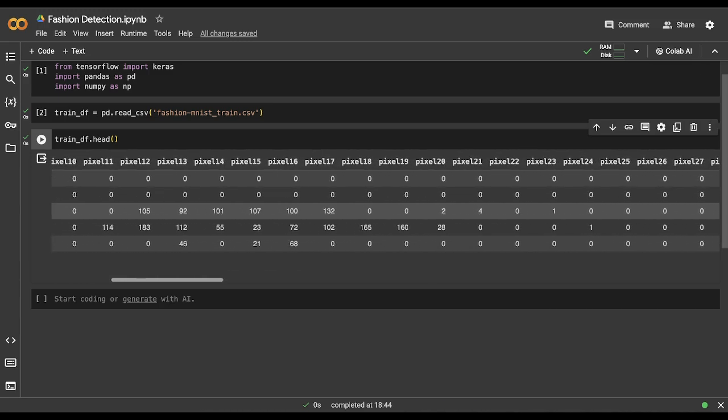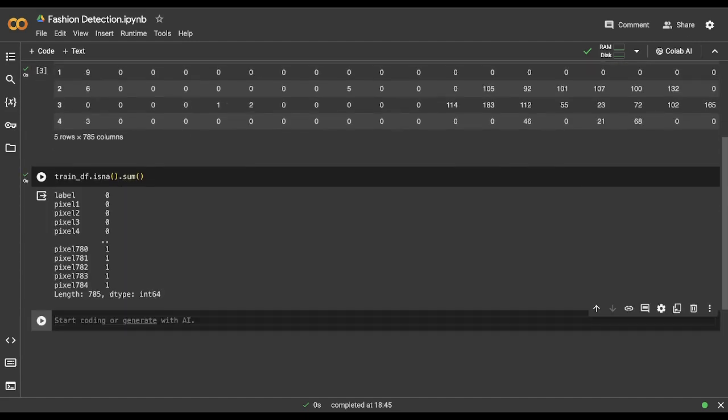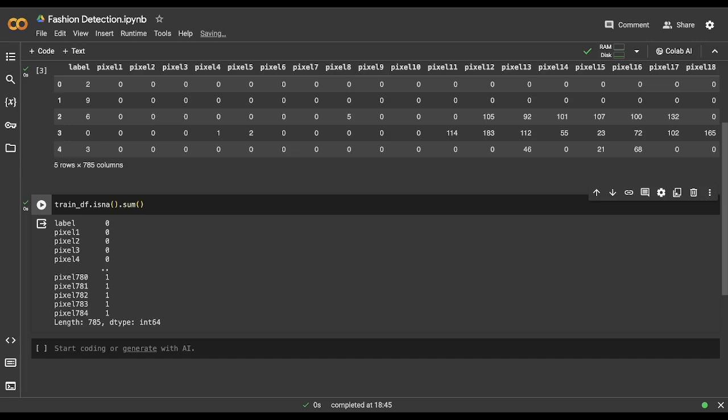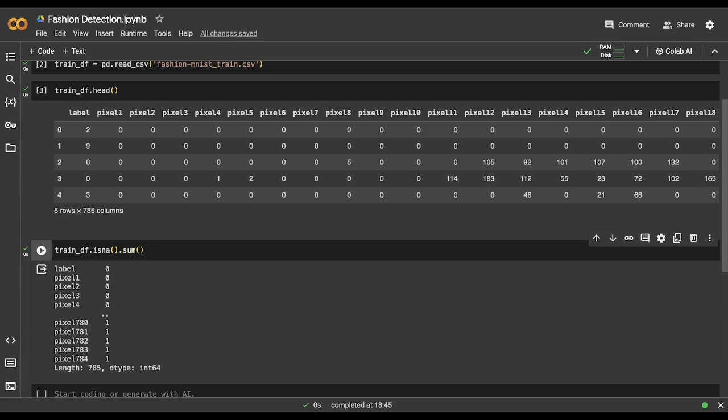So though this dataset shouldn't hold any null values, we will still check if it consists of any null values. We will use the isnull function for that, and the sum method to compute the total. You can see there are some columns which consist of null values, and here you cannot perform imputation, because if you perform imputation, it would fill those values with the mean or median of that particular column, and in the end you won't get the actual image because you have assumed the value at that place.